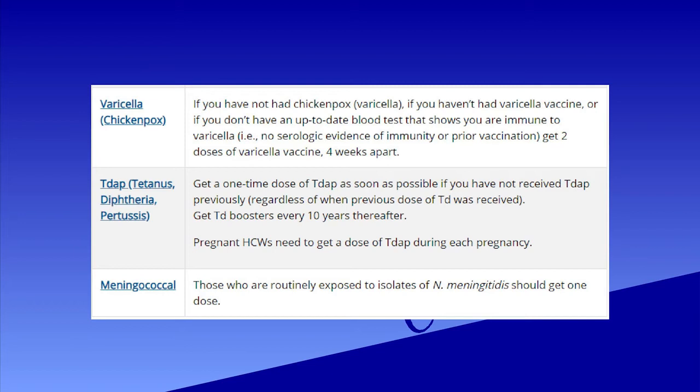Like other vaccines, flu, influenza, MMR and meningococcal vaccines may be given as per the clinical setup. If there is a risk of exposure to these diseases, then healthcare staff can be immunized with these vaccines. But the point that must be noted here is that the hepatitis B vaccine is compulsory for all staff, including medical, paramedical and housekeeping staff, because they are all at risk of exposure to these kinds of bacteria and viruses.